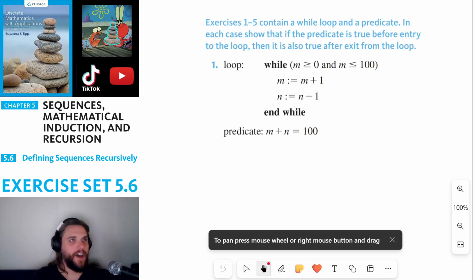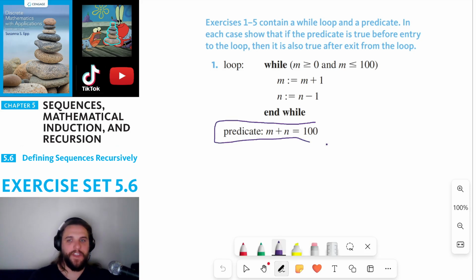Exercise 1 through 5 contain a while loop and a predicate. In each case, show that if the predicate is true before entry to the loop, then it is also true after exit from the loop. Now, these directions are a little vague in my opinion because if this predicate is true, then that doesn't necessitate